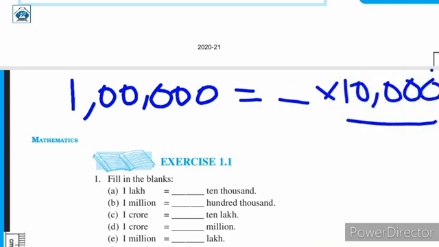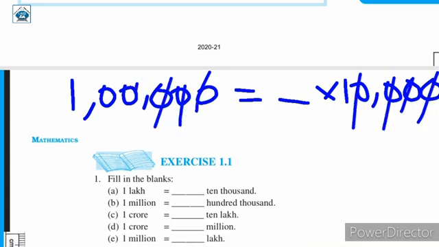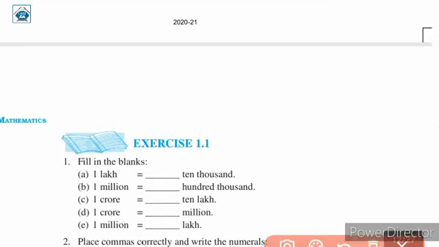So this is 10,000, and here we have 1 lakh. As you can see, keep cancelling the number of zeros. One zero is cancelled, the other 0 is cancelled, the third 0 is cancelled and the fourth 0 is cancelled. So what we are left with is 10, 1 and a 0. So when we multiply 10 to 10,000, we get 1 lakh. We can say 1 lakh is equal to 10 times 10,000.